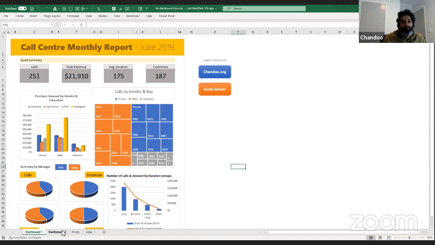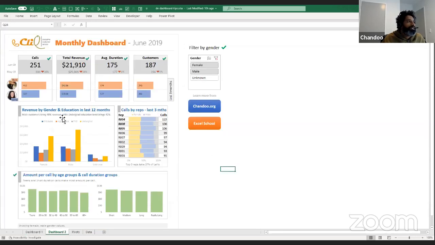Exactly the same level of detail, but a different presentation is here. So we could see that exactly similar details have been presented. For example, this is calls, revenue, duration, and customers, but I have added a bit of context to it by comparing it with the previous month and showcasing what happened in terms of percentage changes. And then a breakdown by Bob and Gina, because those are our managers. So I've added how many calls each of those people have received in the last 3 months, not just this month, but over the 3-month window.